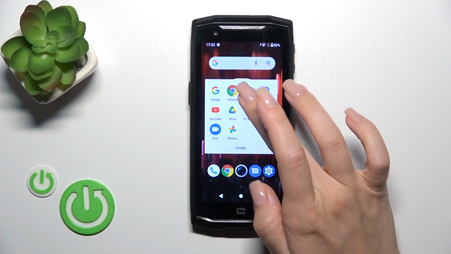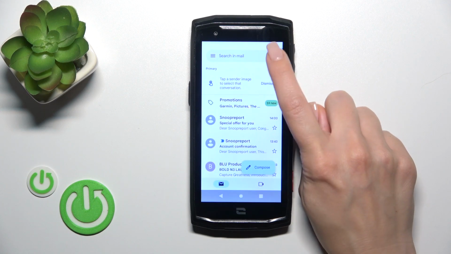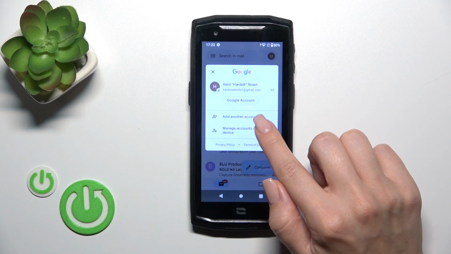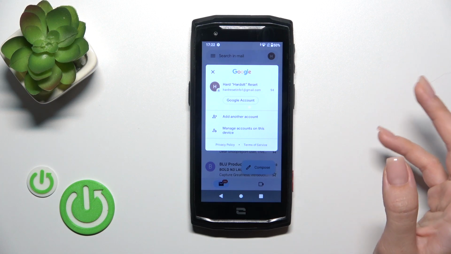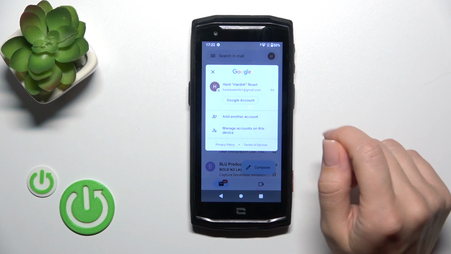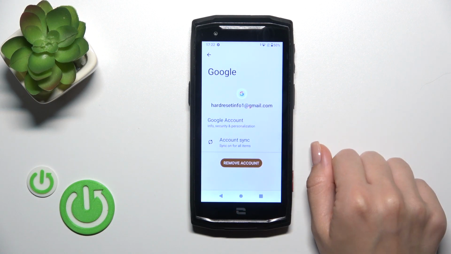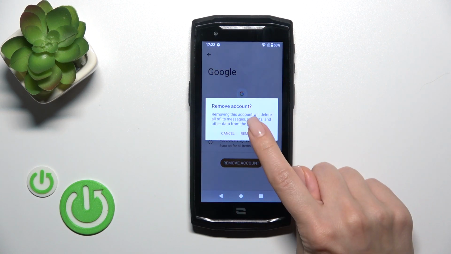So first open the Gmail application and then tap on the right upper corner. Tap to manage accounts on this device because we should first log out from the Google account and after that we'll automatically log out from the Gmail app. So tap to manage accounts on this device, tap to your account and confirm your action by click to remove